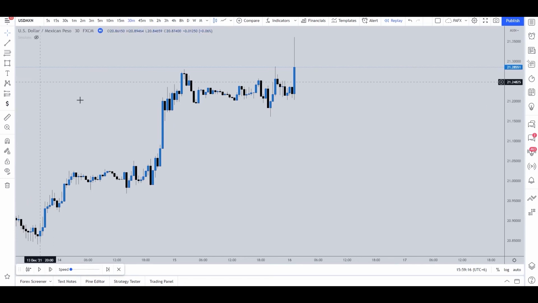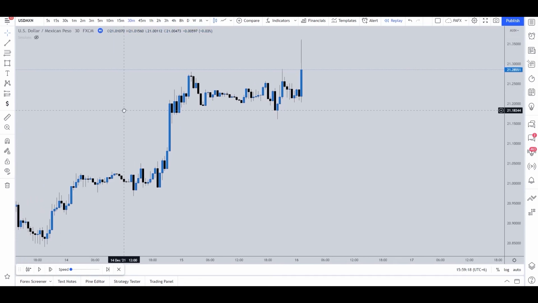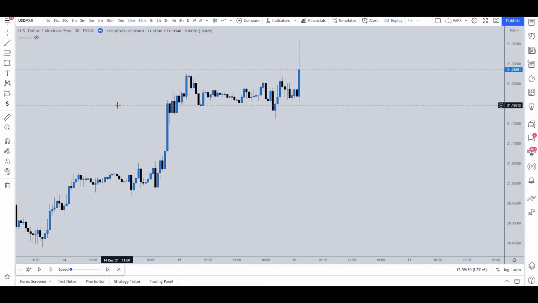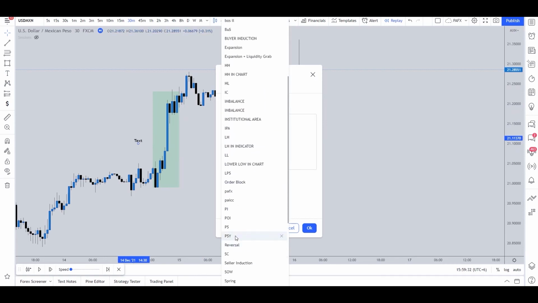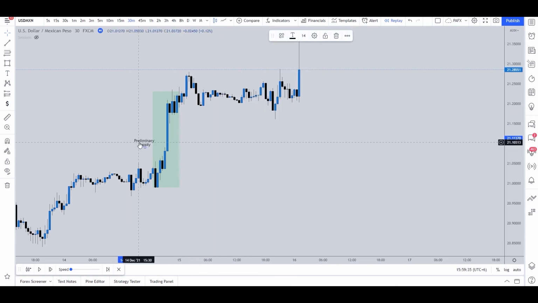Now for the second breakdown, we have used USD/MXN, and this is a Wyckoff distribution schematic. The first thing we saw was the same preliminary supply run. Now what is this preliminary supply run over here? It is where the large interests begin to unload shares in quantity after a pronounced up move. So the volume expands and price spread widens. And this signals that a change in trend may be approaching.